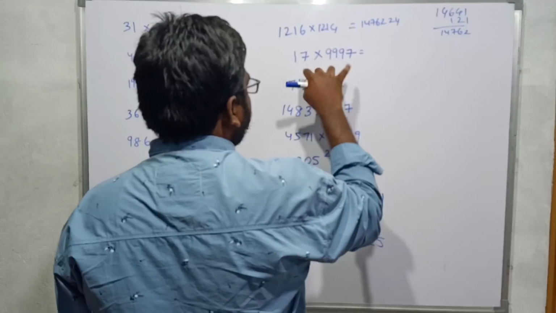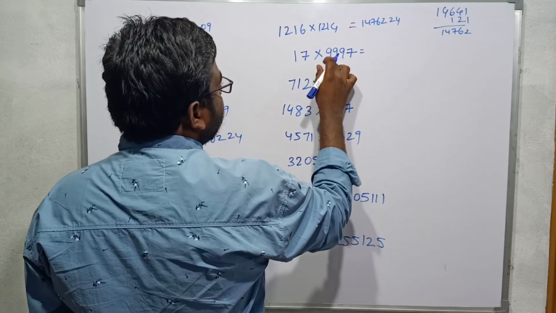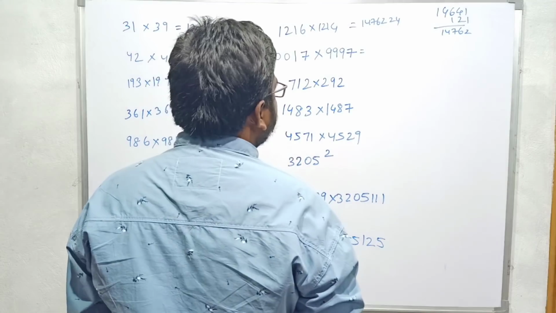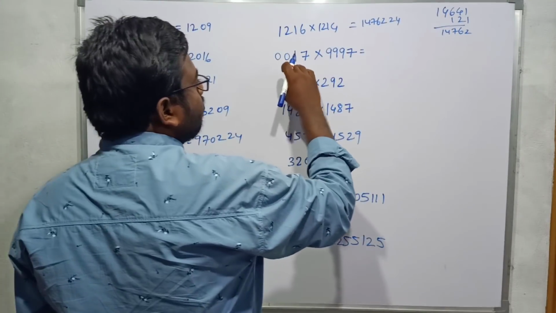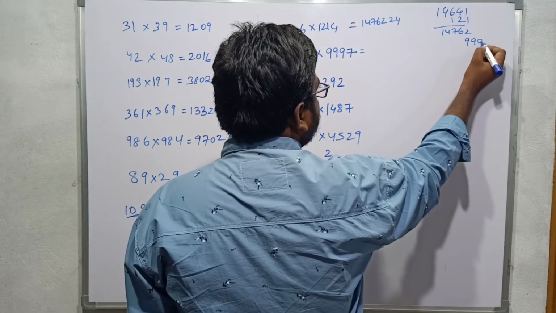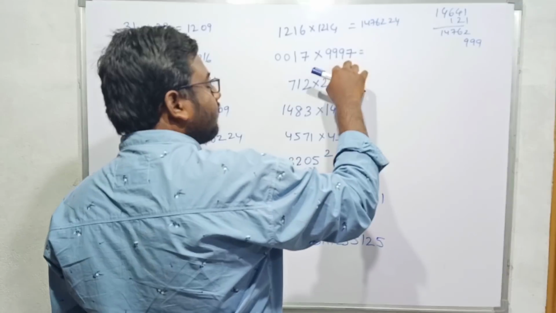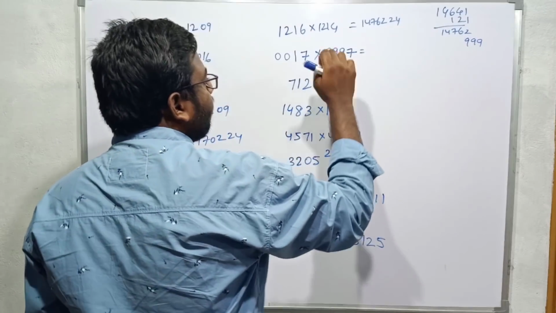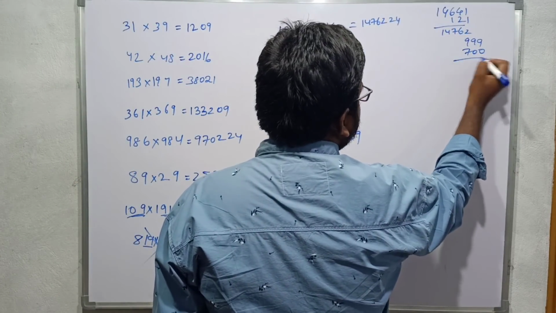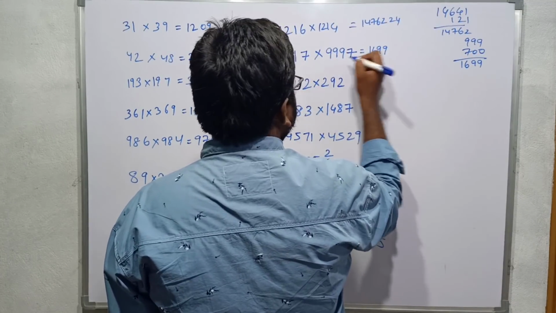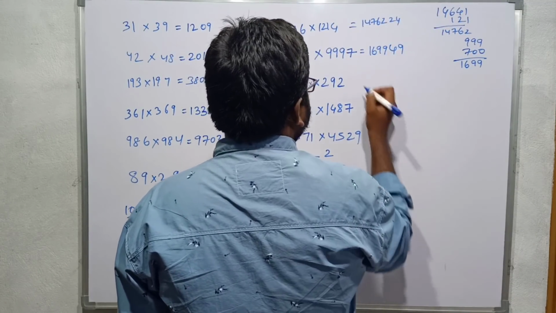Here in this case, last 2 digits is same, but 999 and 001 plus 999. This is forming a 1000, so 999 into 1, this is nothing but 999 plus, this is based on 1000, so x into 100 will come. 7 into 100 is 700. If I add this, 1699, 1699 and 49 will be our result.